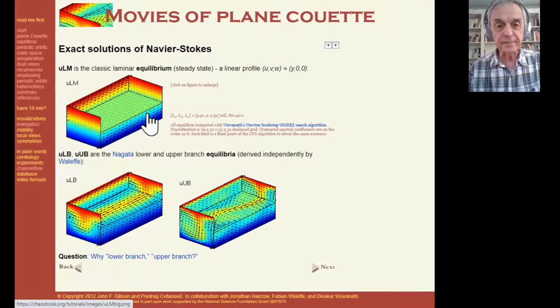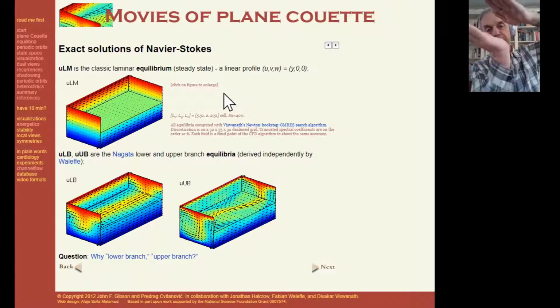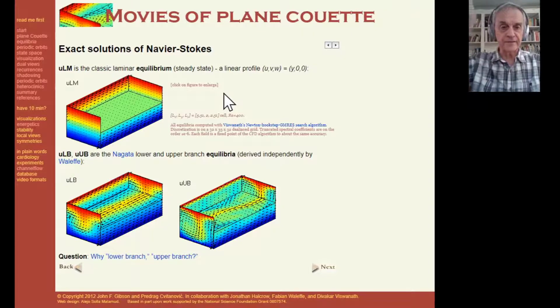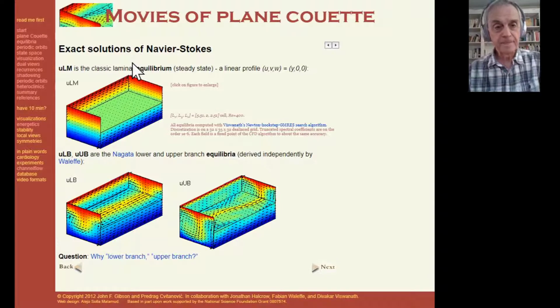Your intuition is that in the middle, there should be no motion. And then you expect the rest to arrange in such a way that the friction is balanced equally between all the layers. And that's called laminar equilibrium. It's a totally trivial solution. Velocity is just proportional to the distance away from the center. And it goes to, let's say, +1 in some units to -1 from top to the bottom. That solution has been known forever. But